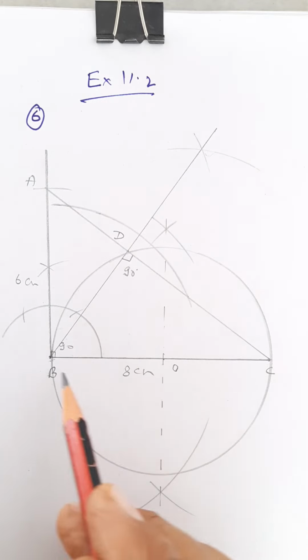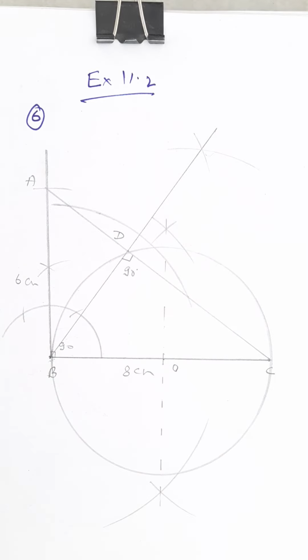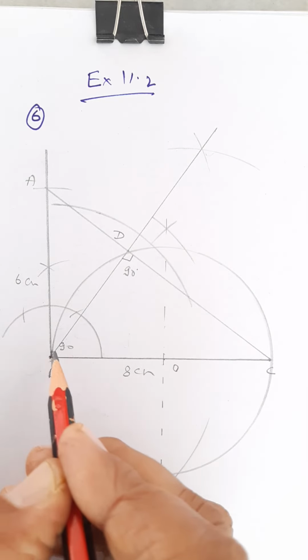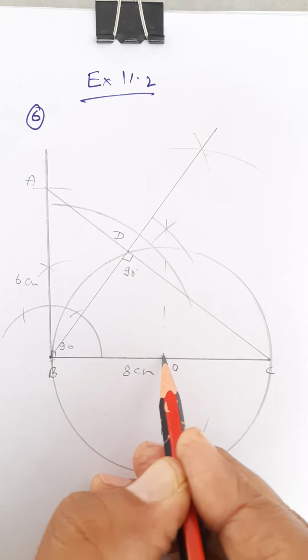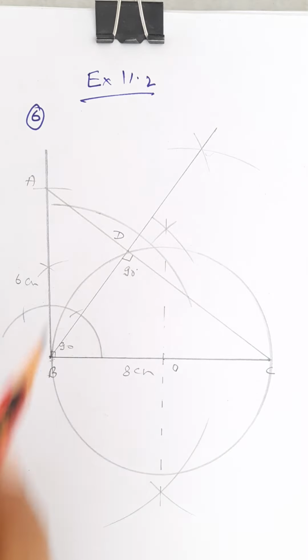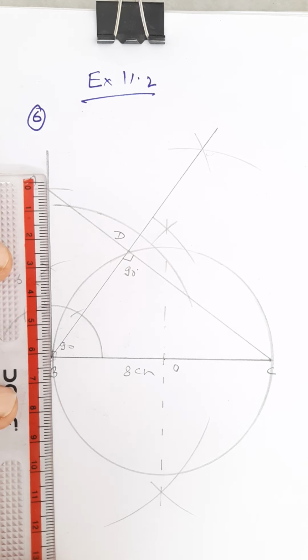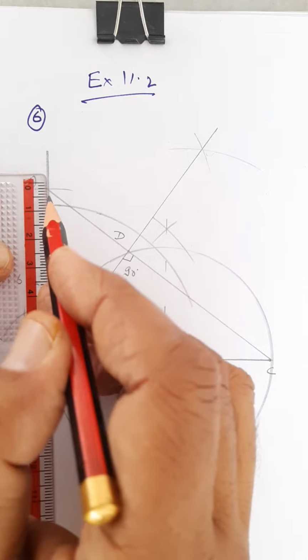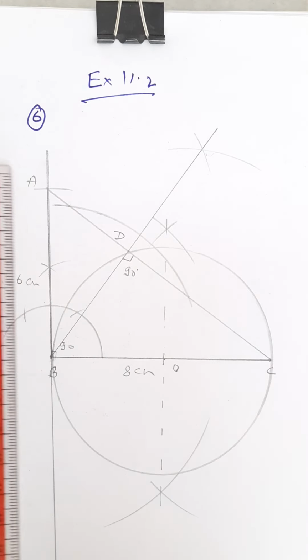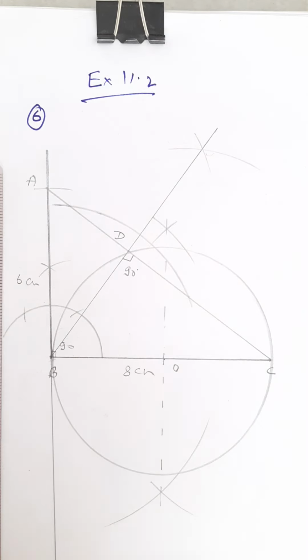Now this is a 90 degree angle in a semicircle, so the circle will pass through B, C and D. The next part is construct the tangents from A. See this now. You know this angle is 90 degree, this is center, this is radius and this is a line. And the angle between them is 90. So definitely, dear students, this will be the tangent. So AB is the tangent, you can extend it like this.